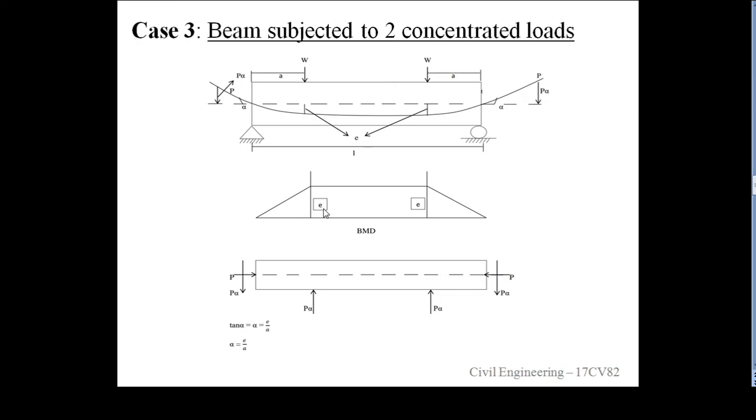At this value, that is e, and this is e. How can you get this? What is the bending moment here? W into a is equal to e. W e is equal to W into a. In that case, this is P alpha, this is P alpha. The 2P alpha is equal to this point load, P alpha. That is, tan alpha is equal to e by a. Okay, alpha is equal to e by a for small angle.